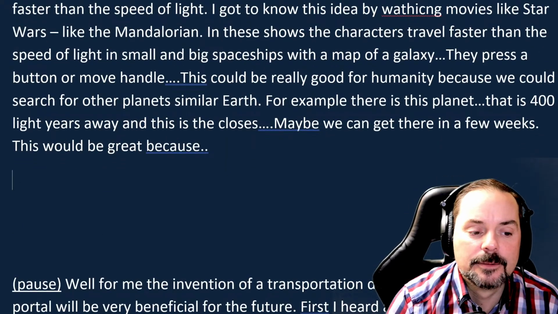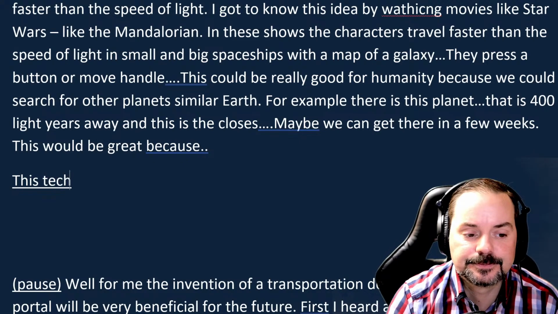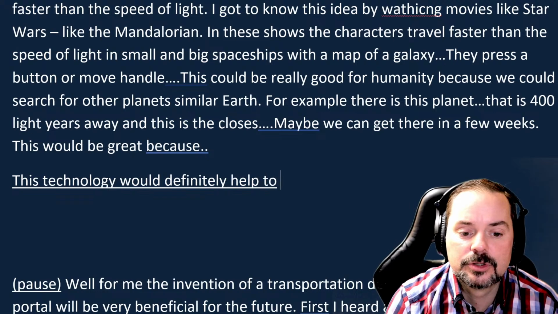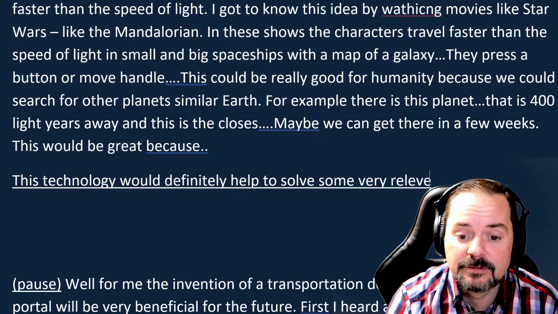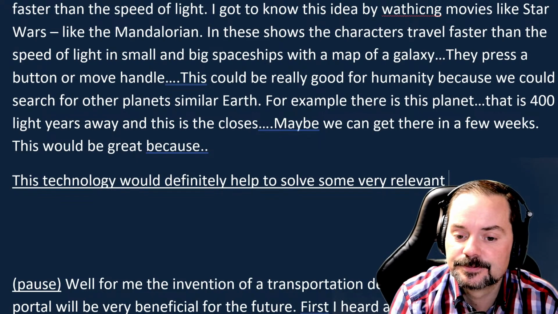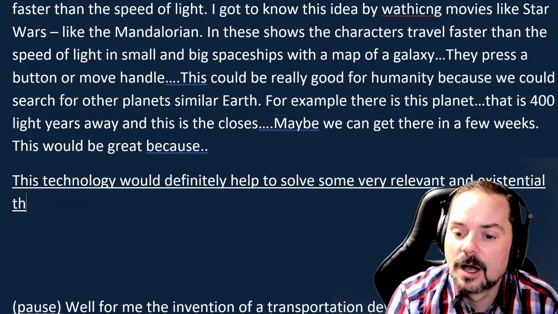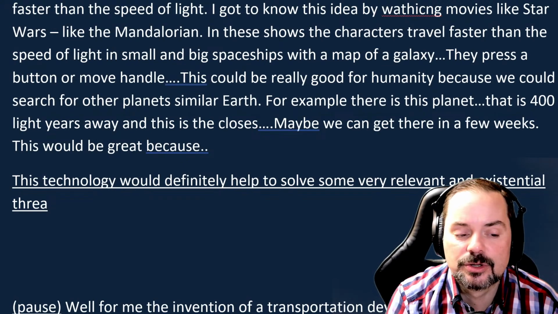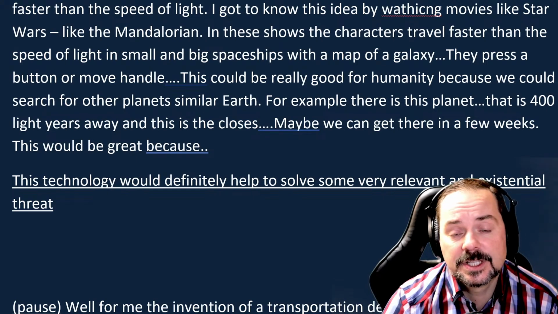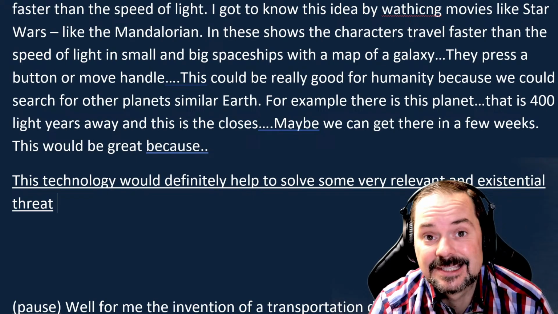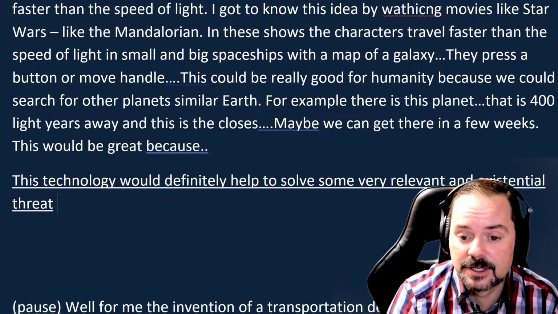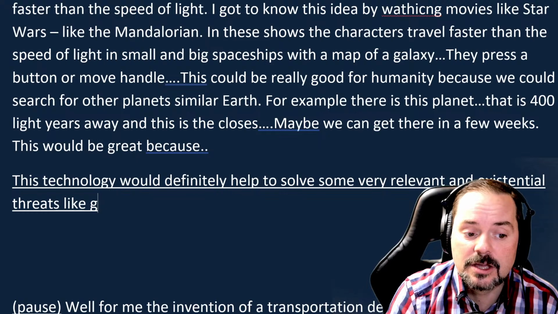Yeah, so this technology would definitely help to solve some very relevant and existential threats. Do you know what existential threat means? Yeah, like danger. But what does it mean, existential threat? Well, a danger that can kill us, right? Exactly. So danger for our actual existence as a species on the planet, right? So this would definitely help to solve some very relevant and existential threats like global warming,